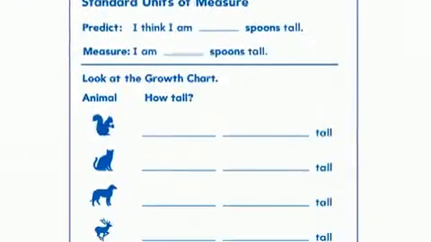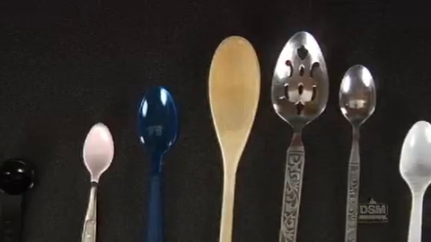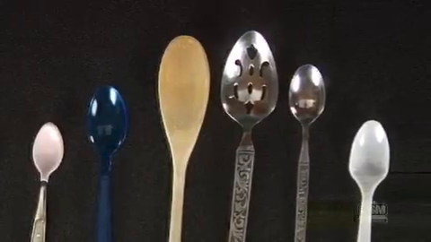To prepare for the activity, make a copy of Activity Sheet 10 for each student. Collect spoons of various sizes, such as measuring spoons, a soup spoon, a serving spoon, and a wooden stirring spoon. You will use these in the activity to demonstrate the problem of inconsistency when using non-standard units of measure that